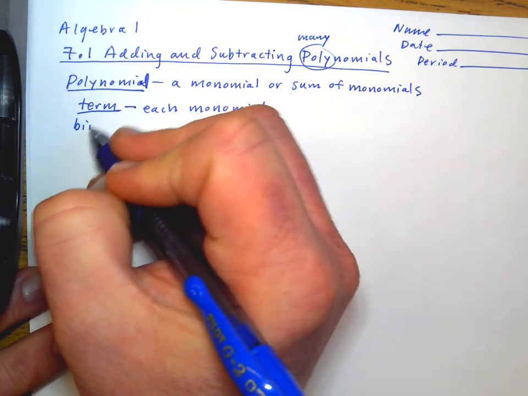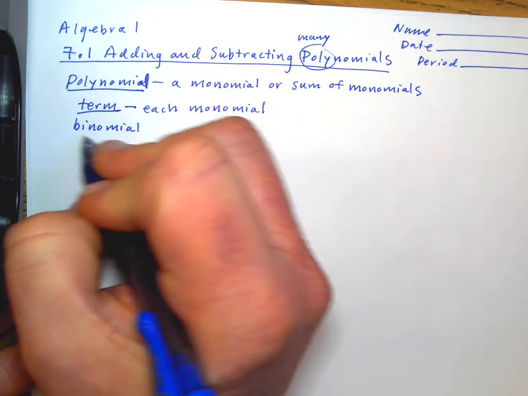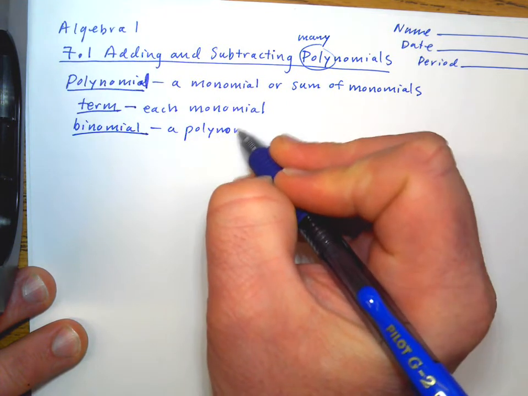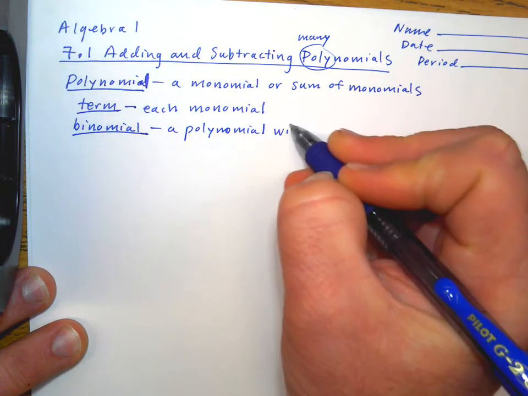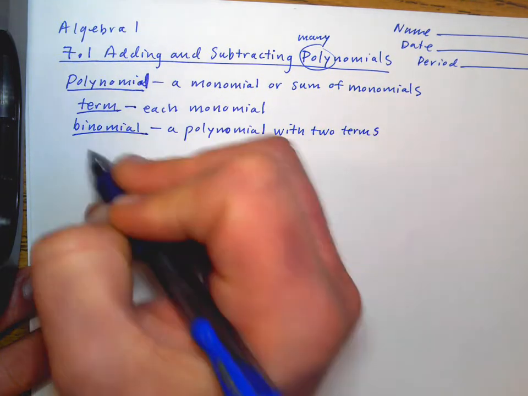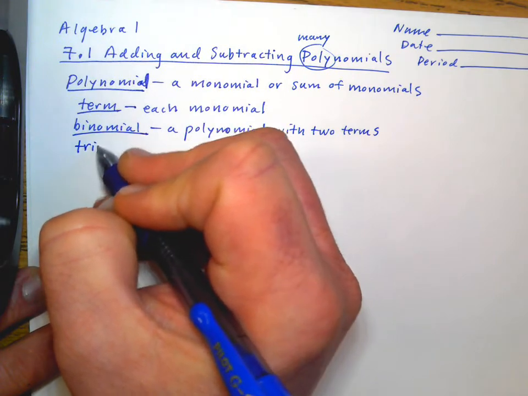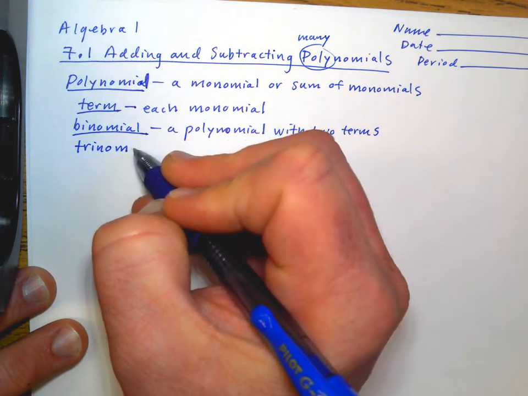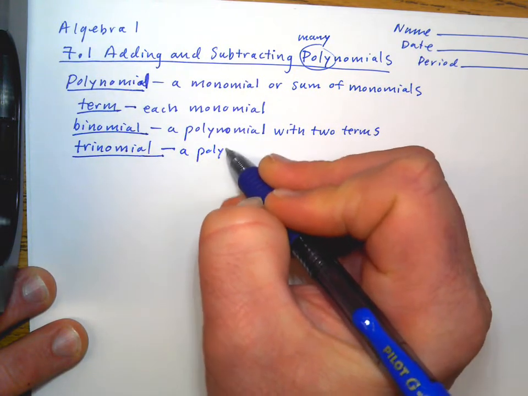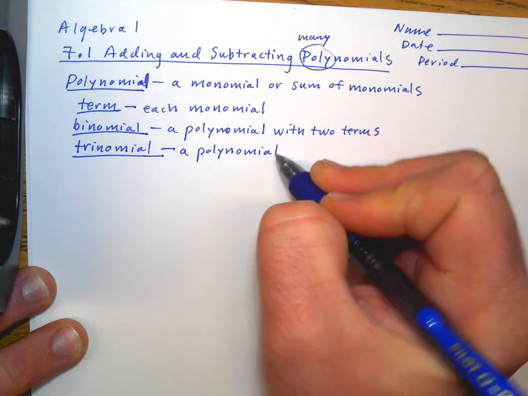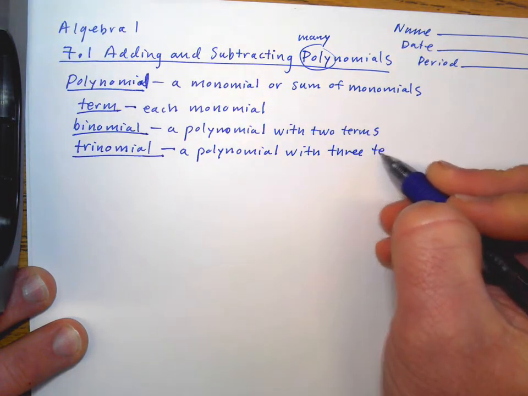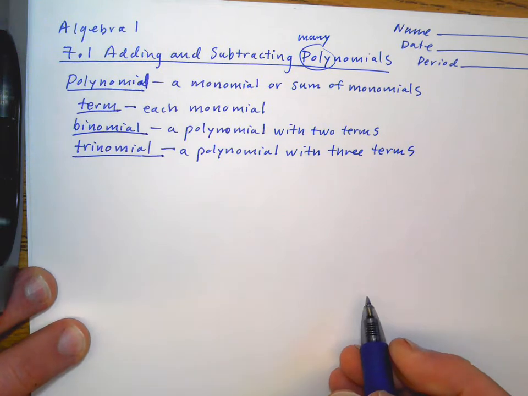A binomial is a polynomial with two terms. And a trinomial, keyword tri, is a polynomial with three terms. So some examples,